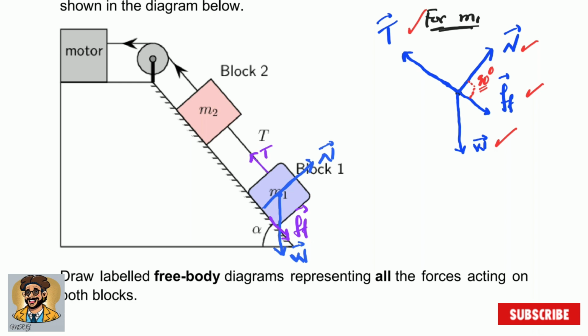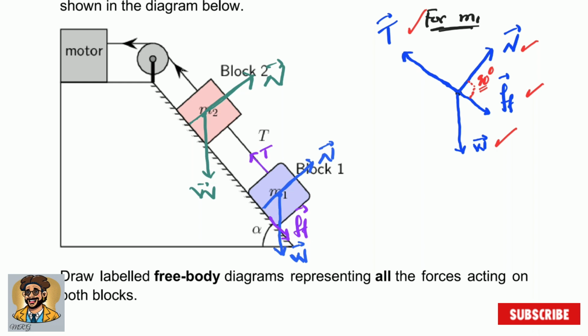So what forces do we have on block 2? Well, weight is going straight down for object 2. We have the normal in the same way. Let's start from the surface. This one is the normal force. We have the